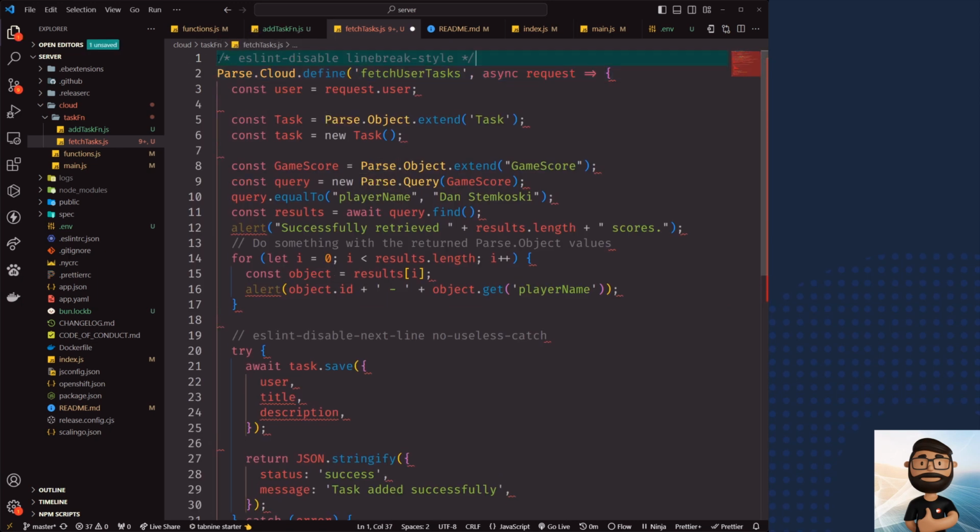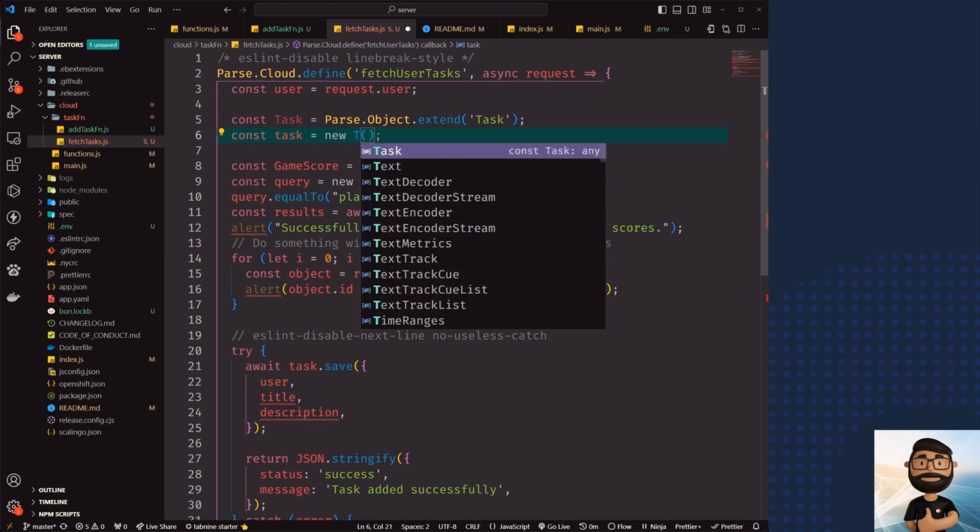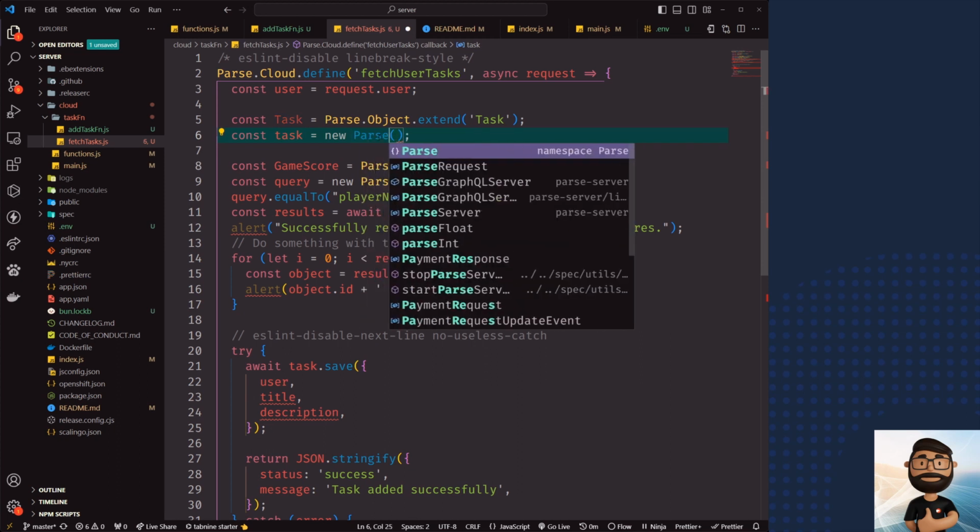because right now it is showing unwanted red underlines. So basically we are going to need this task equals to extend. So we are going to extend the subtask and then we will get a new task. But here we want to query our parse server. So here we have to use new Parse dot